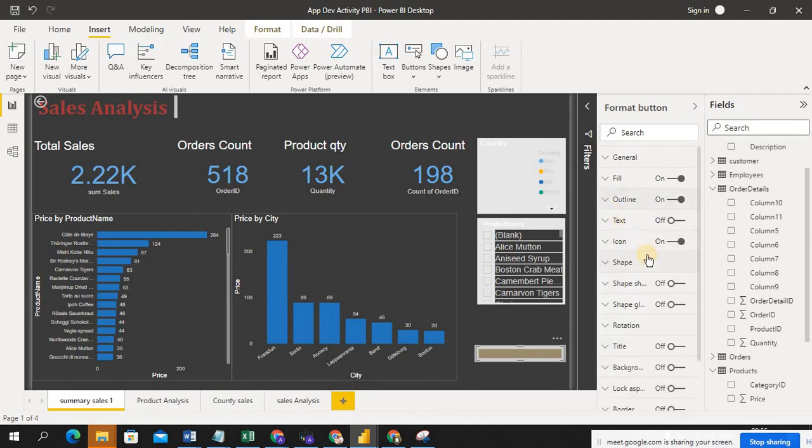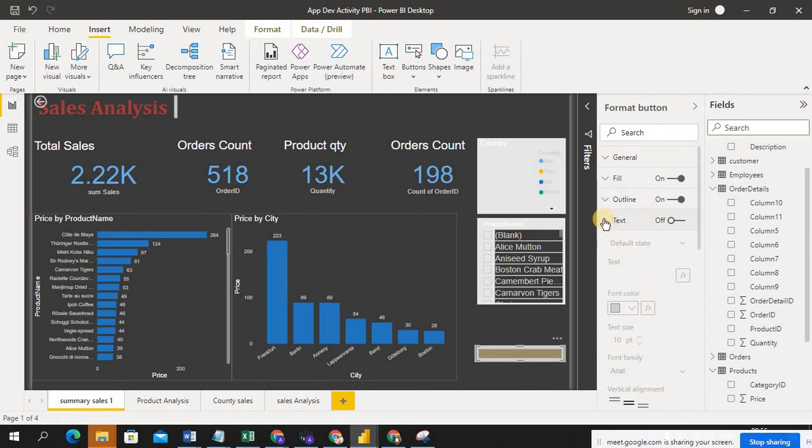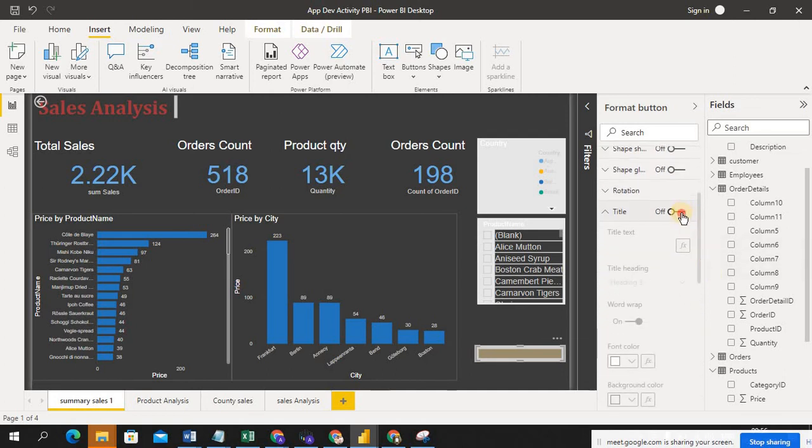The title is important, right, for this. So what title do you want for this button? I'm going to give the title like product sheet or product report.